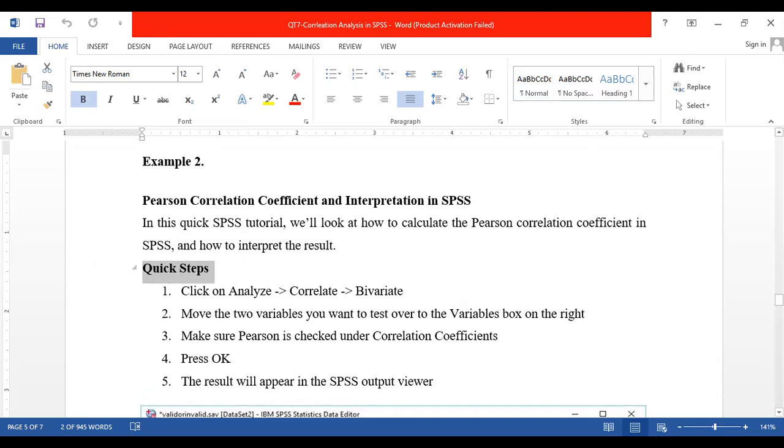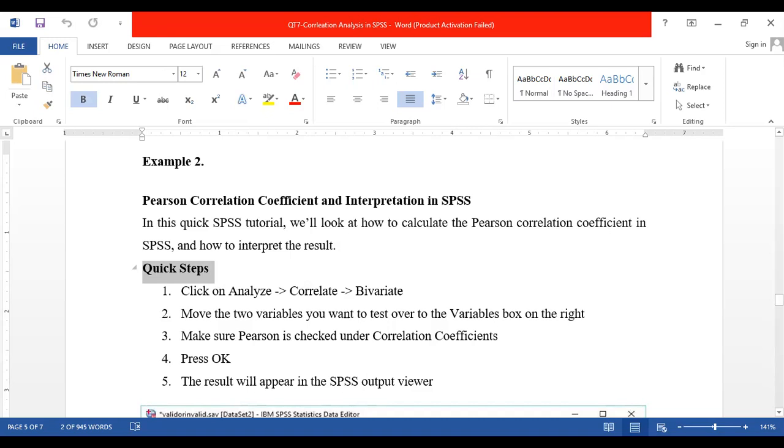Once we click on Bivariate, we get a window divided into two panes. On the extreme left side we have our variables, and on the right side we have a canvas where we drag and drop our selected variables. So we click on Analyze, Correlate, Bivariate, and then move the two variables that we want to test from the left side to the right side.